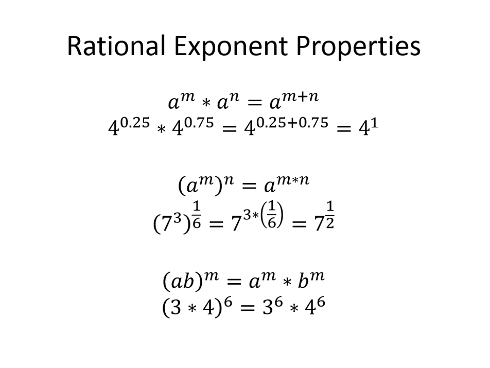And it helps us with these properties. These properties agree with all exponents, and they even agree with your fractions. So if you have two things that have the same base, a, and you're multiplying them and they have different exponents, like here we have 4 to the 1/4 times 4 to the 3/4, you would add the exponents together. 1/4 plus 3/4 is 1. So that would be 4 to the 1 power, or 4 to the first power.